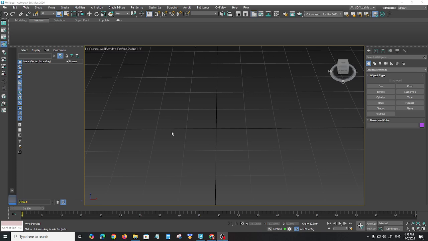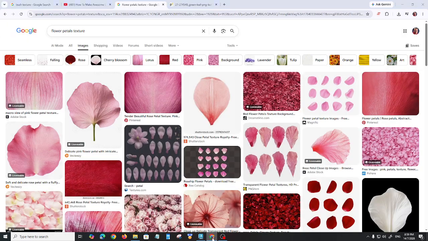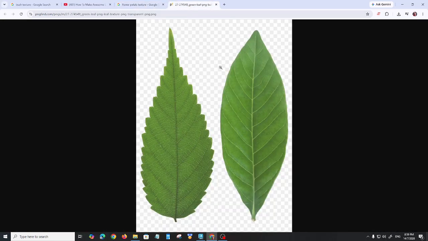Right, so I'm going to teach you how to do the bush first. First, you need to download a texture, like a leaf like this. If it's a singular leaf, or you crop it in Photoshop, it will be better, but I just use this one. Alright, so you can download it,